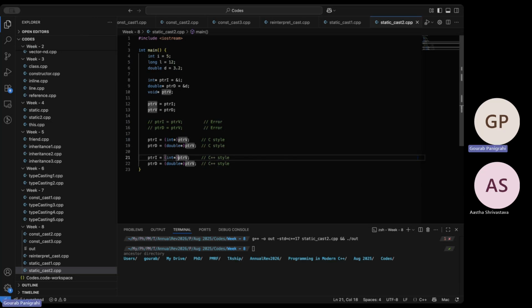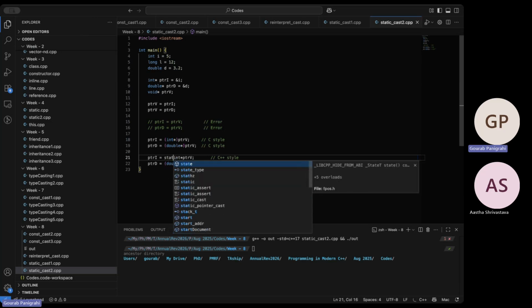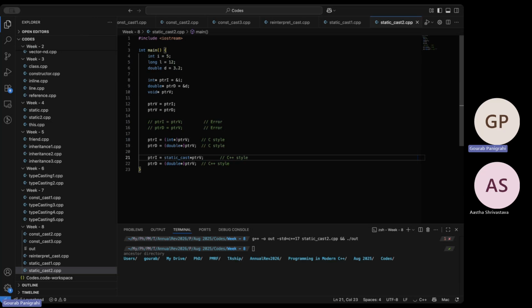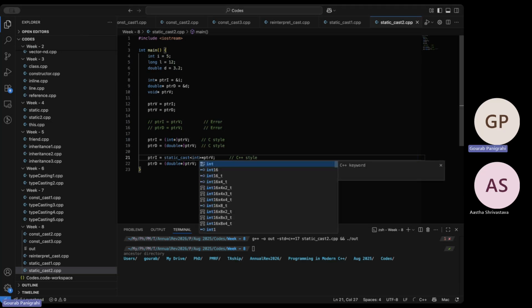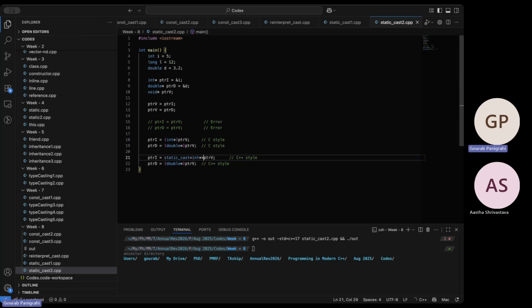So pretty much the same thing, but this time we'll have static cast, change it to an integer pointer and pass the pointer to it. Instead of integer, double. So what we're saying is take the address, now treat it as an integer pointer and then store it in